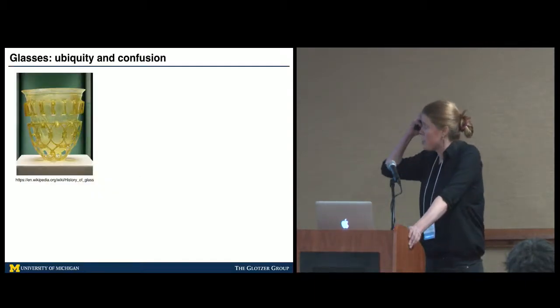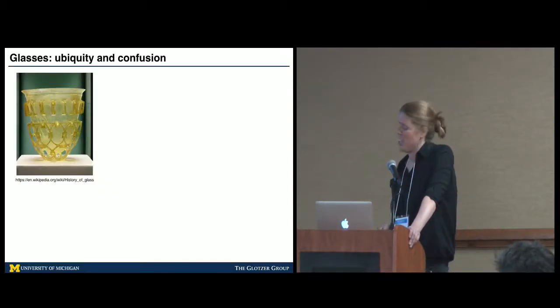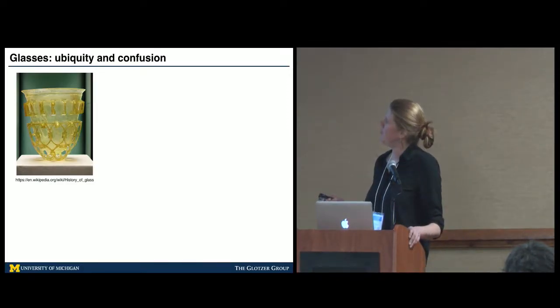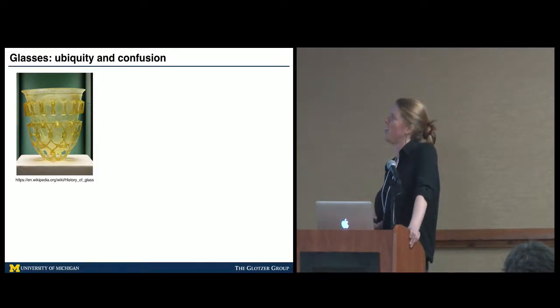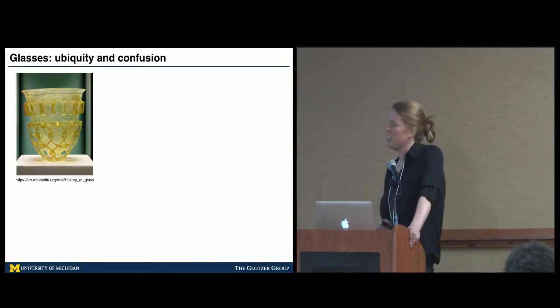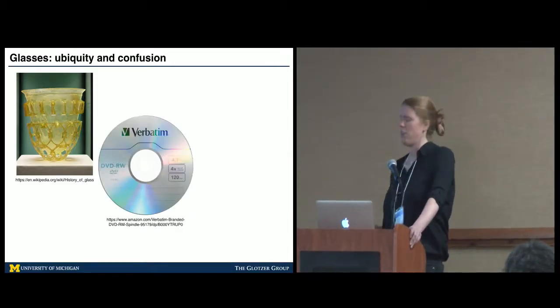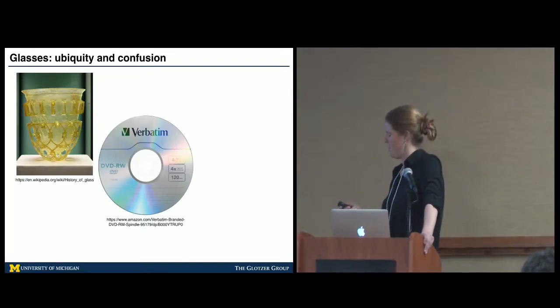So just to set the scene ever so briefly, glass is a material that's been used by humans for literally millennia, right, for a variety of tools. So this is a photo of a cup made of glass that people think is from around the 4th century in the Roman Empire. And if you skip ahead, this is a very brief overview, if you skip ahead thousands of years,